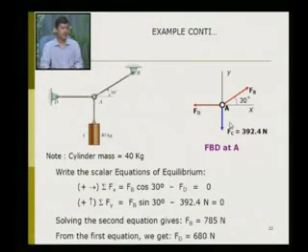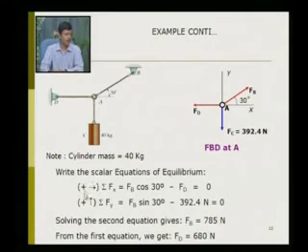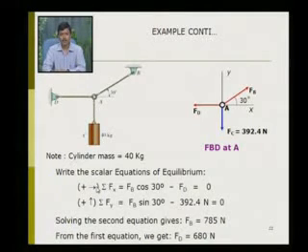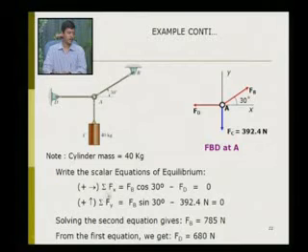So let us write, first, summation of Fx is equal to 0. Now for that, sign convention is very important. Over here it is written that positive is right hand side, that means whichever force or component of force is acting on the right hand side is considered positive, so automatically left hand side will be negative. And for Fy, the sign convention is that upward force is taken positive and downward force or component of force is taken negative. So the equations of equilibrium are written.